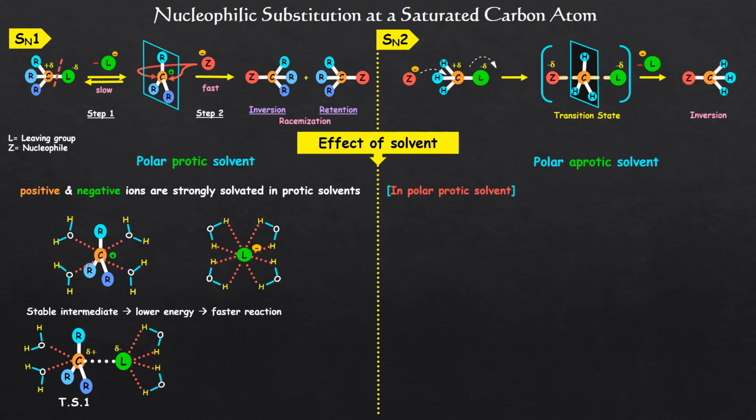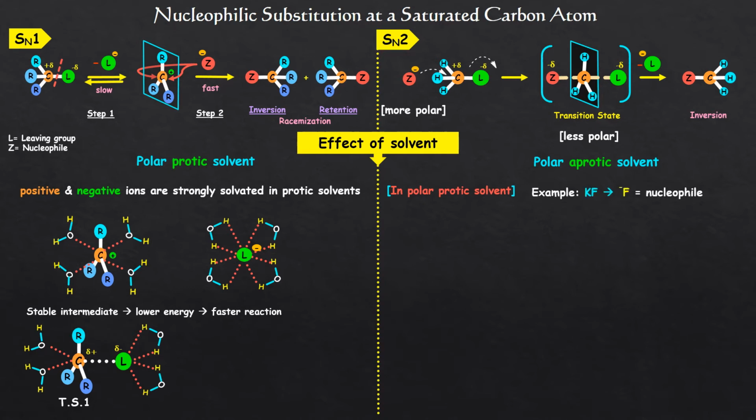Now, if we use the same protic solvent in the SN2 mechanism, then what will happen? Unlike the SN1 reaction, here in SN2, the nucleophile initiates attack on this polar substrate before the leaving group is removed. So the transition state is comparatively less polar than the nucleophile, because in the transition state, the negative charge is dispersed over the nucleophile and the leaving group. So here, instead of the transition state, the nucleophile will be solvated by hydrogen bonding.